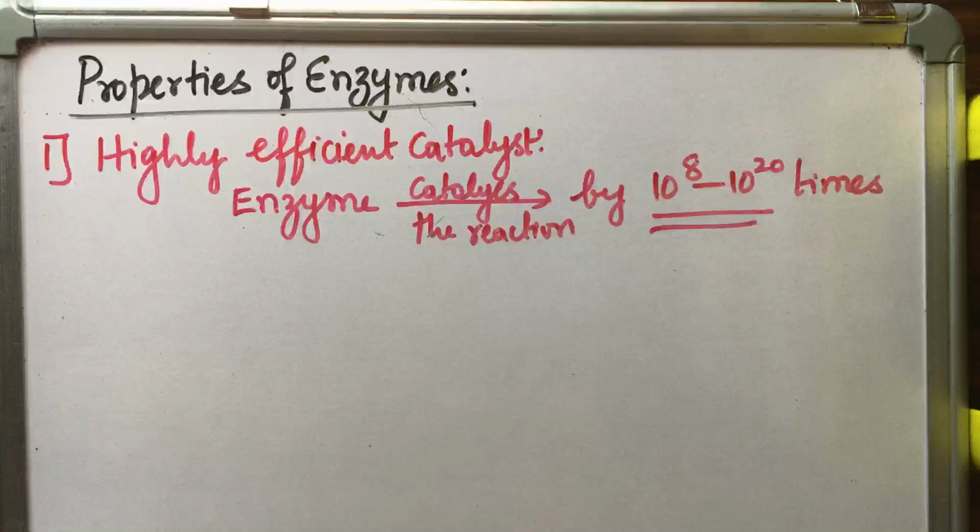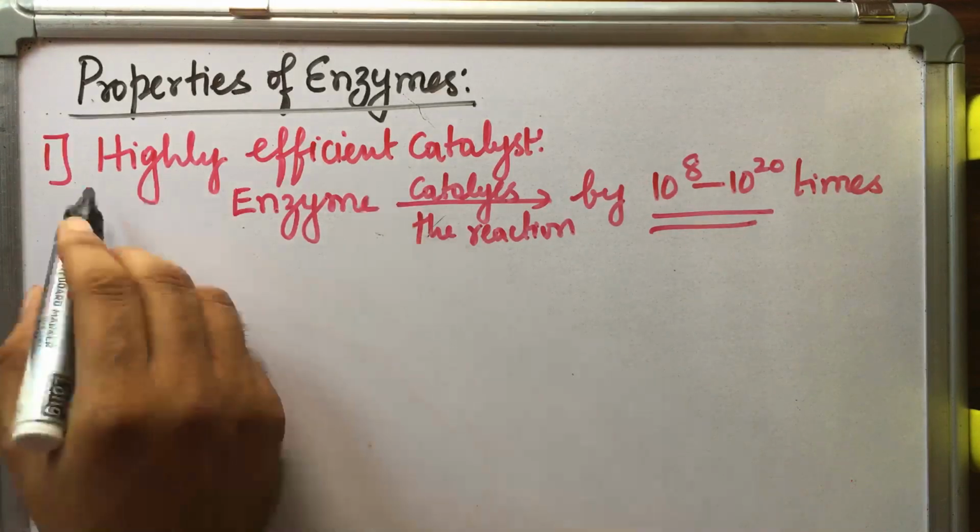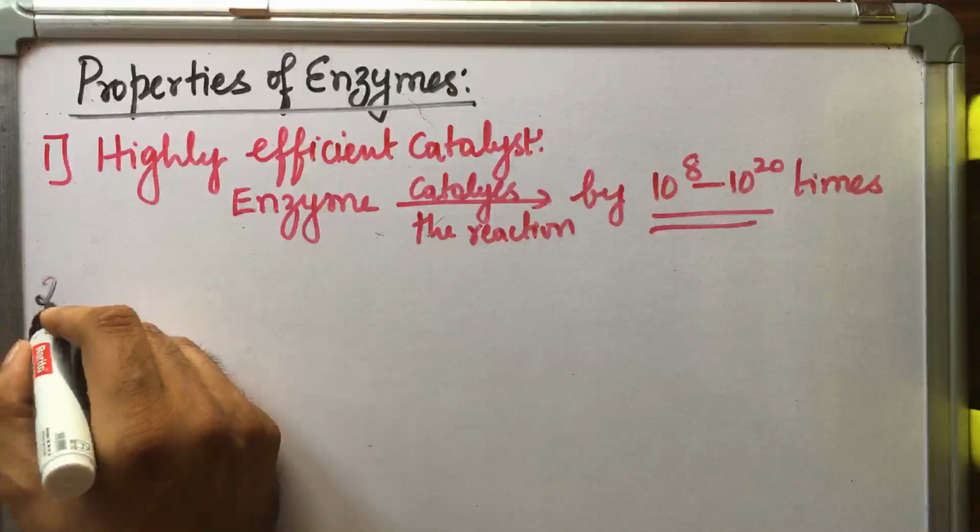So just a statement, if there were no enzymes in our digestive system, it would have taken 50 years to digest a single meal. So now you can understand the efficiency of an enzyme catalyst. Per day we have 5 meals, sometimes 6 meals, and all the food that we eat is digested due to the presence of certain enzymes in our digestive system. It is a very highly efficient catalyst.